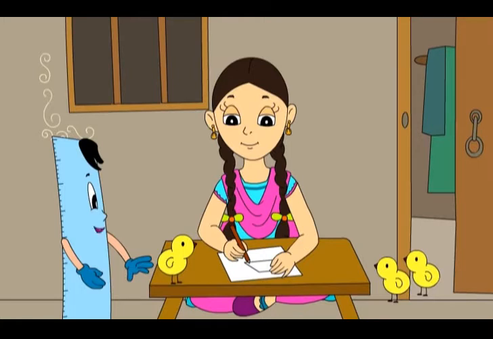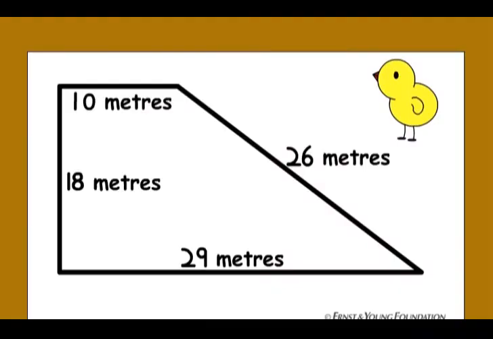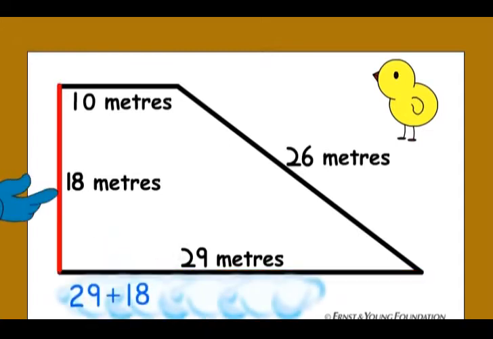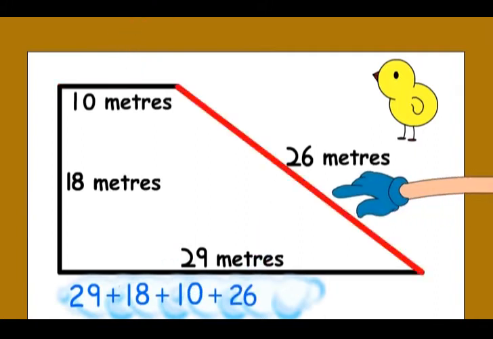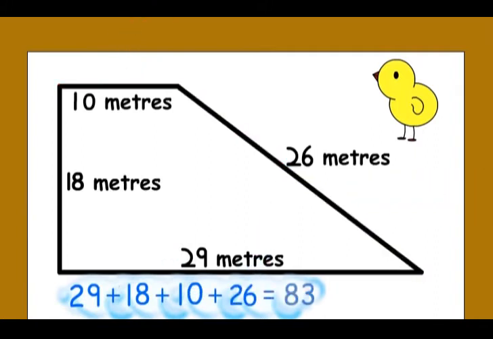Yes. Now, let me find out the length of the boundary of Papa's field. It is 29 plus 18 plus 10 plus 26, which is 83. The length of the boundary of the field is 83